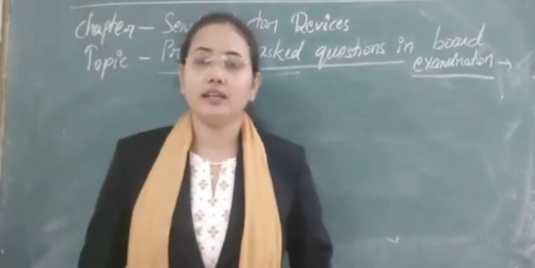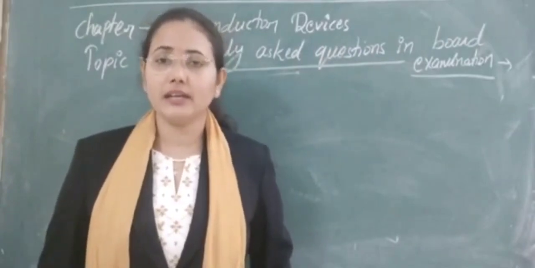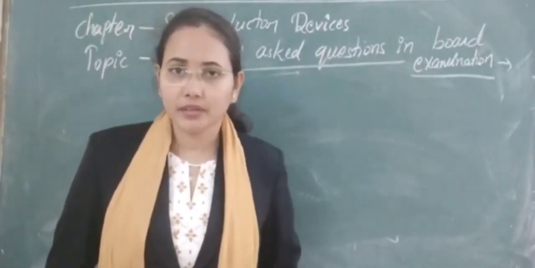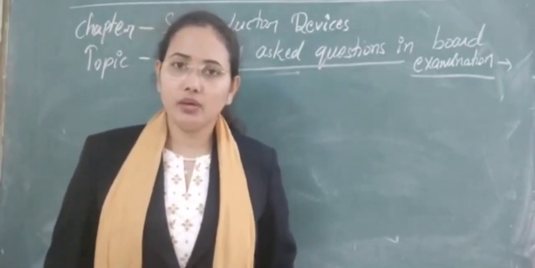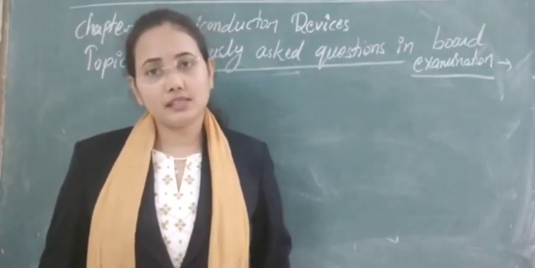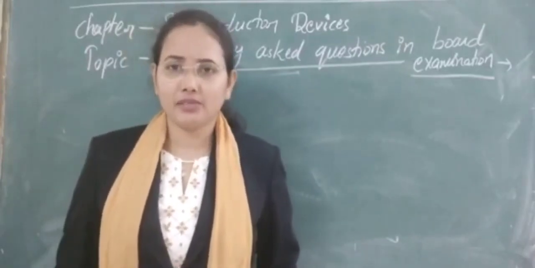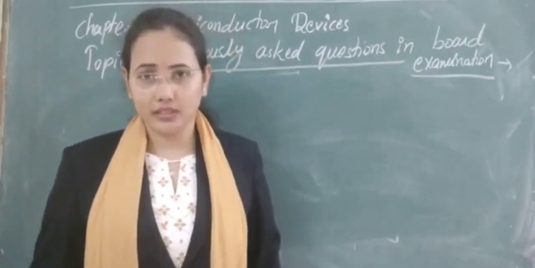Next question here: what are extrinsic and intrinsic semiconductors and what is a p-n junction diode. Clear? In this chapter we will discuss only the semiconductor material, and why we discuss it, we have discussed many times in the classes. So I am not going to take that again, that will only kill time.